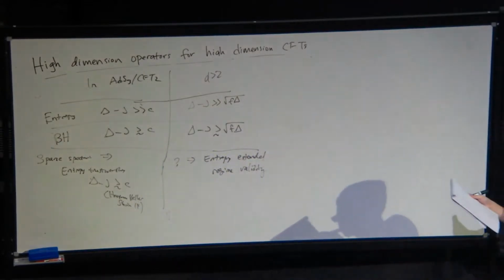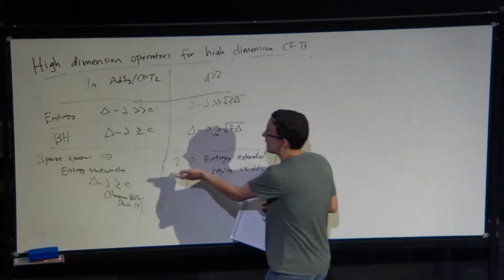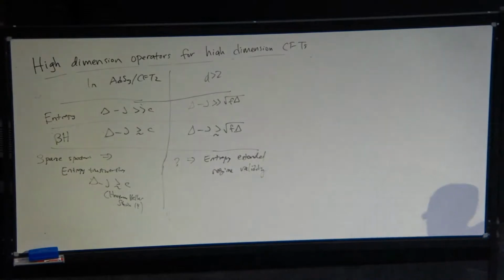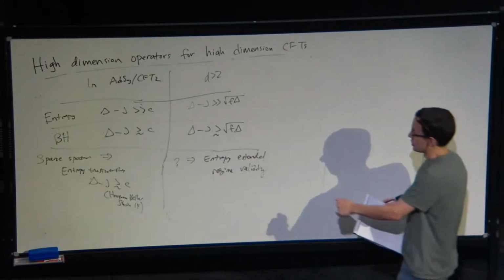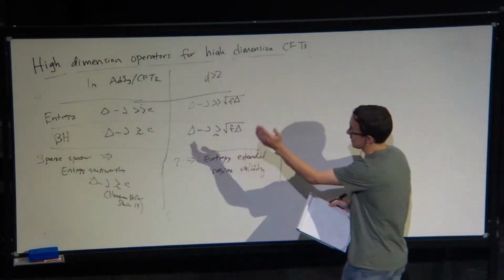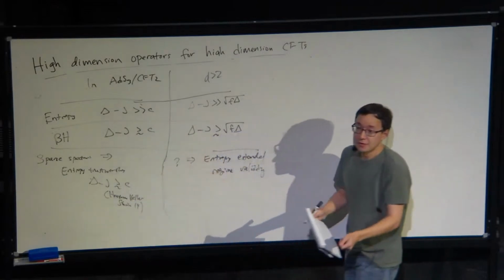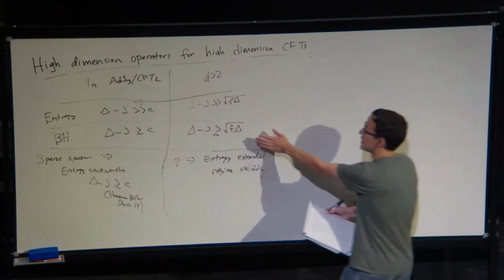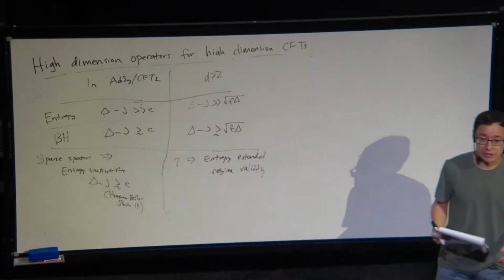So I think this is a very natural conjecture to make, but of course, we're not able to prove it. But I think this would be very interesting, just as a pure CFT statement. Like if you have a theory with a large number of degrees of freedom, and the sparse spectrum grows slower than maybe Hagedorn or something like this, then this entropy is universal all the way down to here.